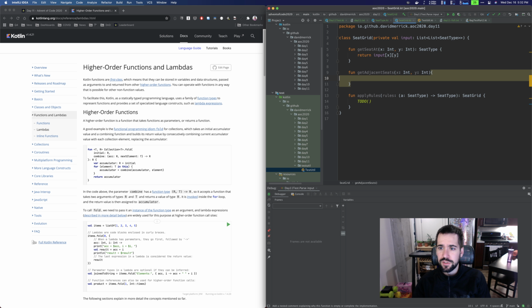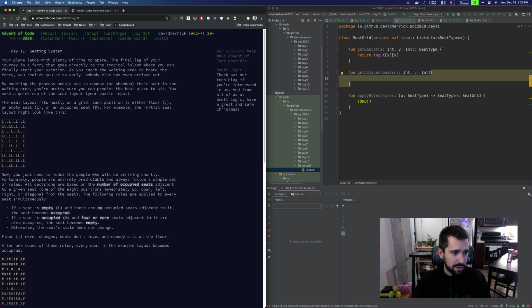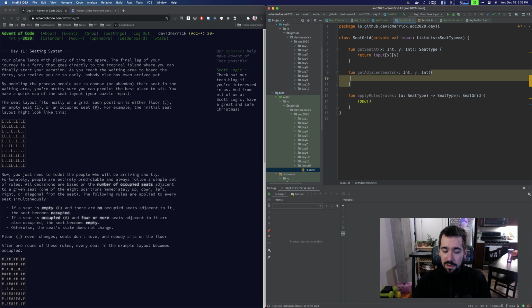We'll see. So I'm going to write this method to get the adjacent seats of, let's try 0, 0 first. And so we basically want all 8 seats around it. So if you have this one, you're only going to have 1, 2, 3, 4, 5 seats. Or no, that's not a diagonal. 1, 2, 3 seats. So we need to handle, if x is 0,